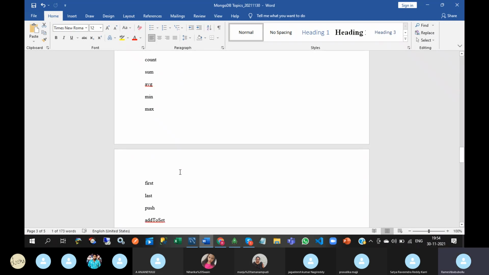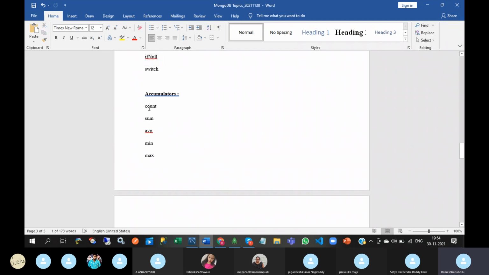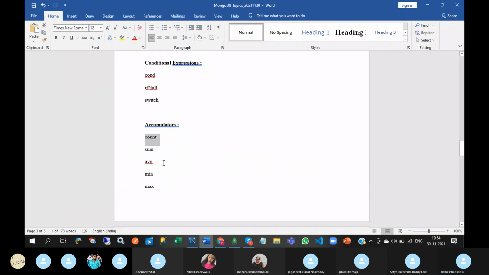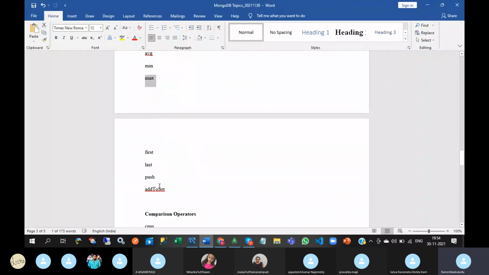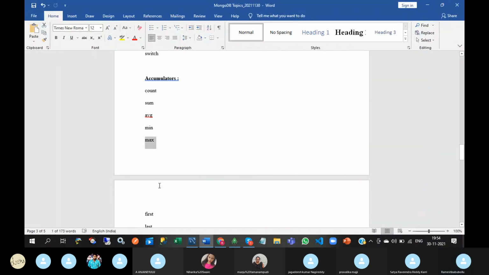So accumulators means we can have count from some collection, and we can have some average, minimum, max, first, last. We will discuss one by one. So how to calculate the department wise count?